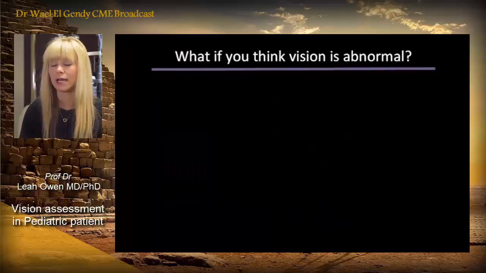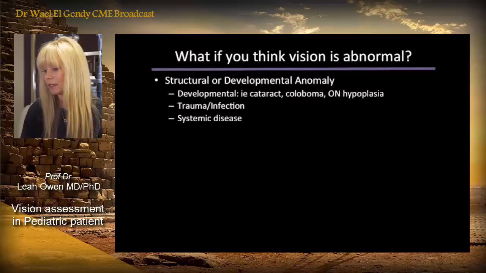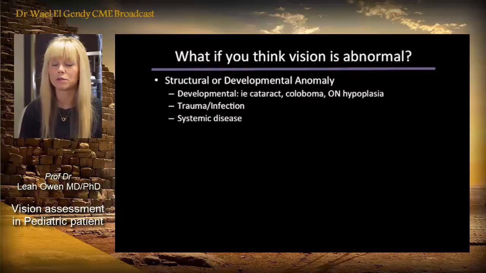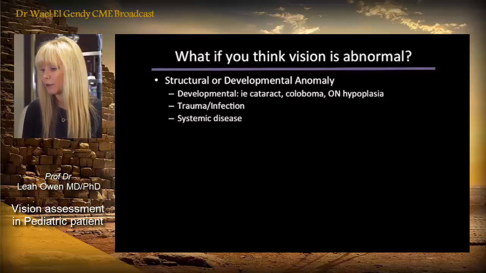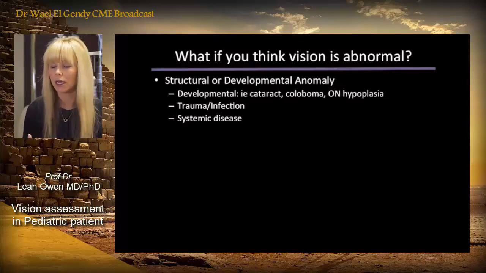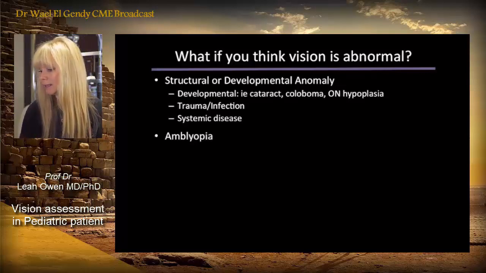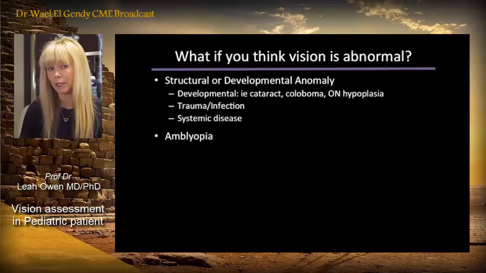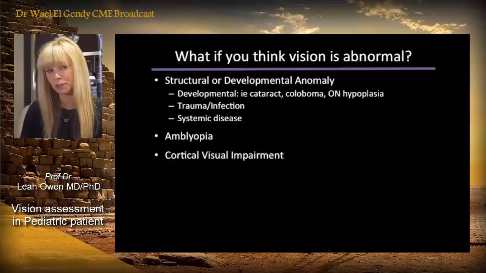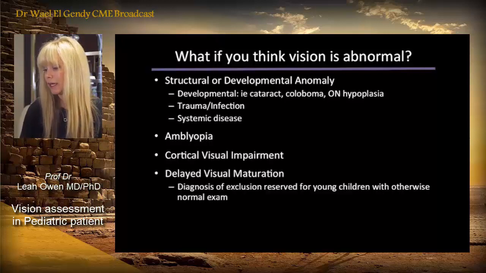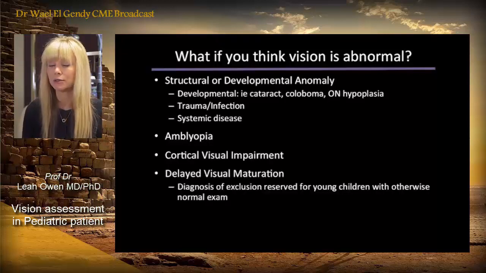So what if vision is abnormal by one of these testing modalities? What are you thinking about? Well, there's a wide differential diagnosis, as I'm sure you're aware, but some of the basic categories you could think about would be structural developmental abnormalities, like a cataract, a coloboma, optic nerve hypoplasia, trauma to the eye, infection in the eye, systemic disease. Another thing could be amblyopia, cortical visual impairment, delayed visual maturation, which is a diagnosis of